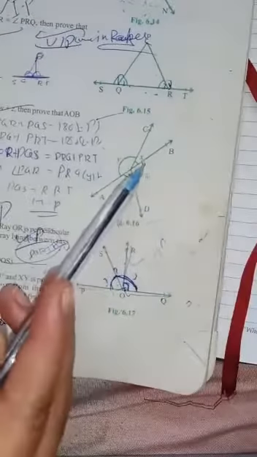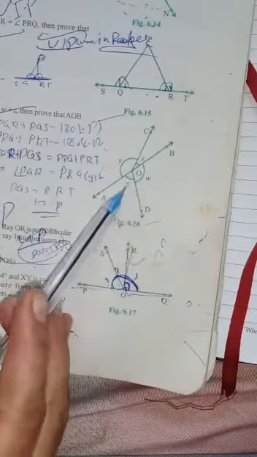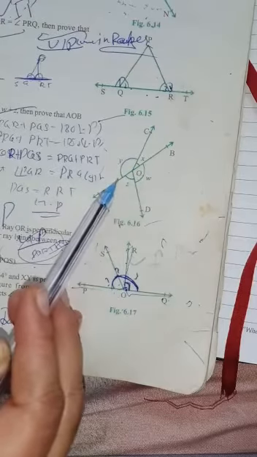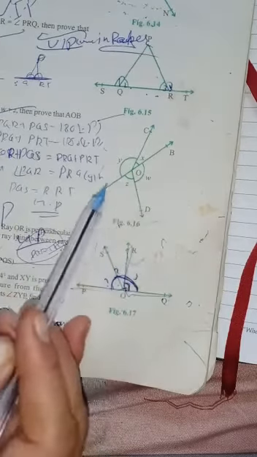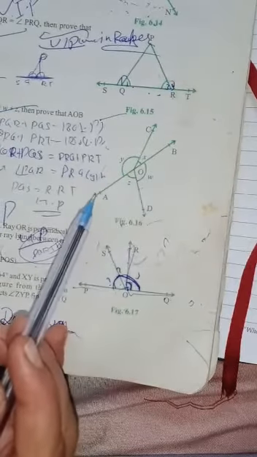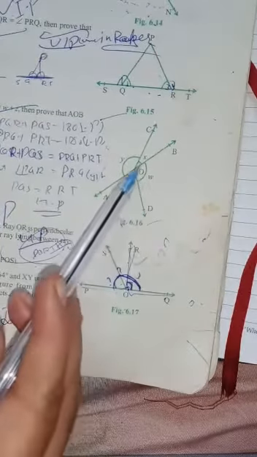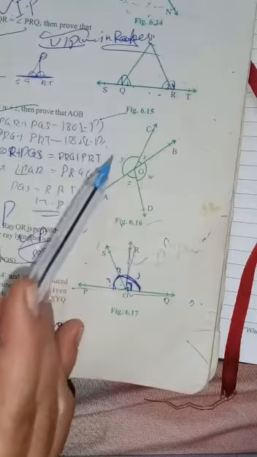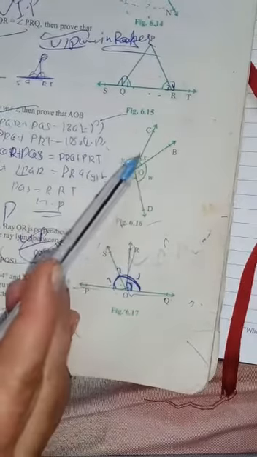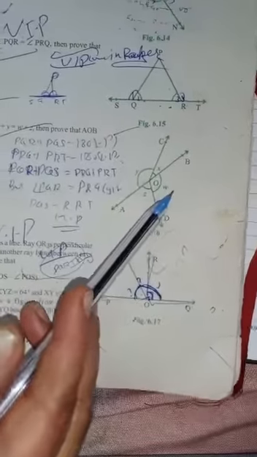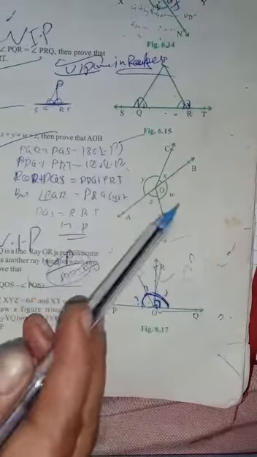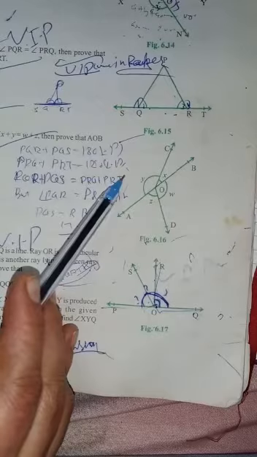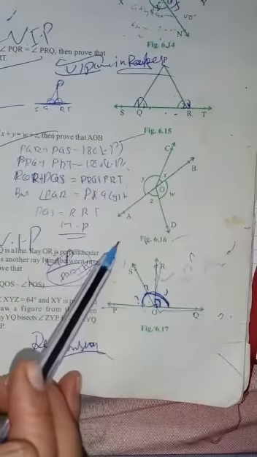What is given? In this figure we are given that x plus y is equal to w plus z. And we have to show that AOB is a straight line. If we want to show any straight line, it means we have to show that the angles formed by that line are of 180. Either we will show x plus y is equal to 180 or we will show w plus z is equal to 180. If we show any one pair is 180, then automatically it will become a straight angle. Okay, now how do we show this?